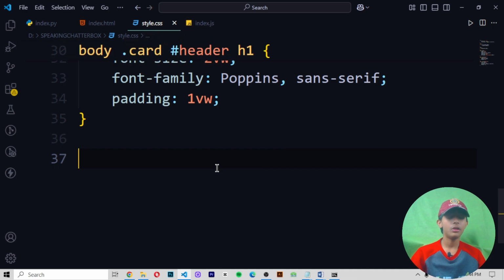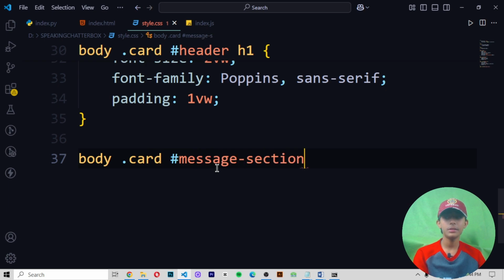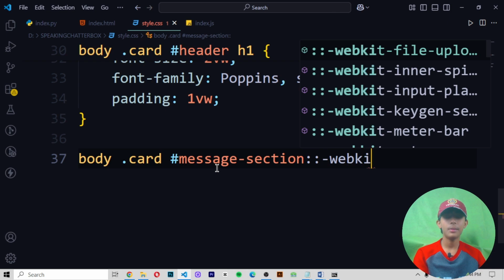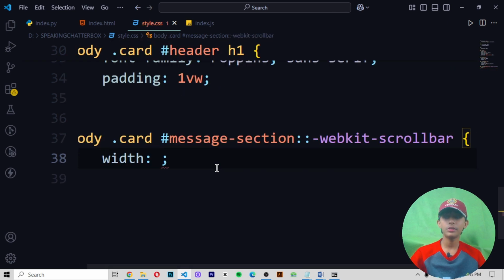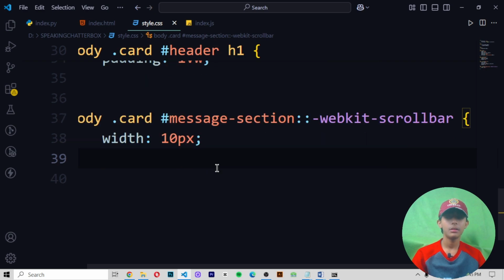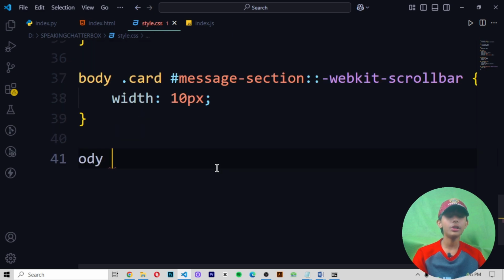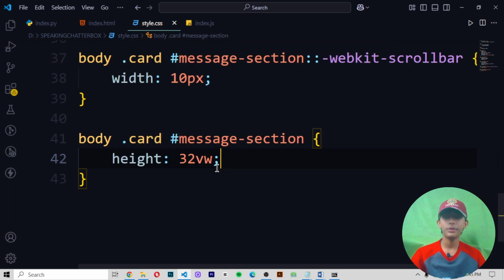Perfect. Now you only want to do it, right? Body.card hashtag slash message slash section slash webkit slash scroll bar. Add width should be 10 pixels. Then body.card one more time, right here hashtag message slash section. Height will be 30 VW.